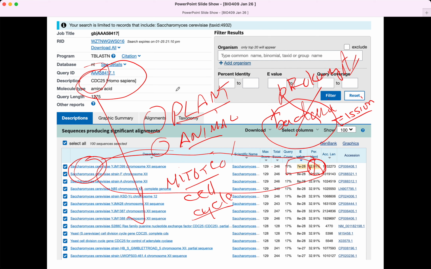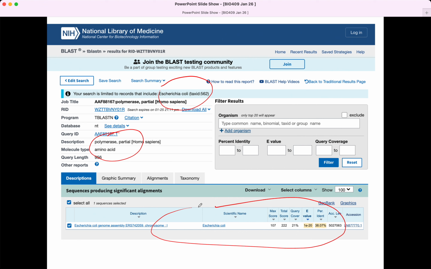If we blast a human DNA polymerase sequence against E. coli, we find a match. It's a DNA polymerase because every cell on our planet has DNA, and when it's time to replicate the DNA, it needs a DNA polymerase. And so we can find evolutionary relationships between us and something that's profoundly different than us, the little bacteria